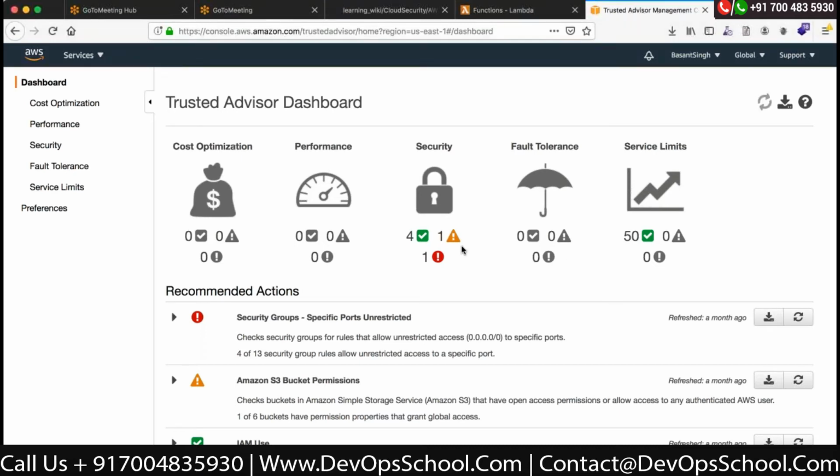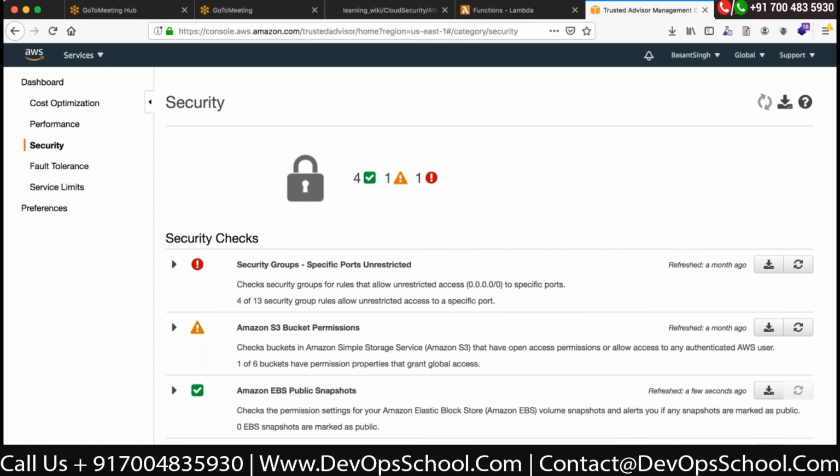Even if you see there's a security tab, if you click on security, it will tell you that there are some security groups where ports have not been restricted. They are open to 0.0.0.0/0, which means they are allowed to go anywhere. Such type of information, but apart from that, Trusted Advisor